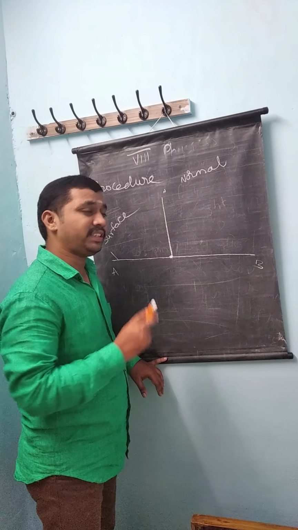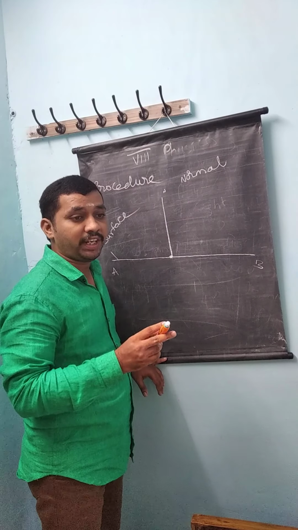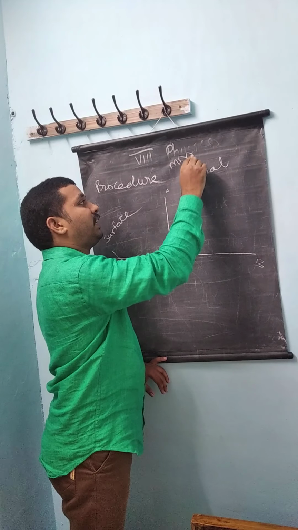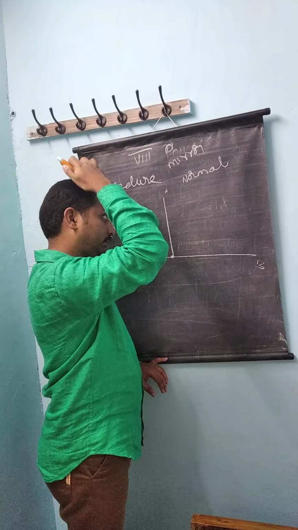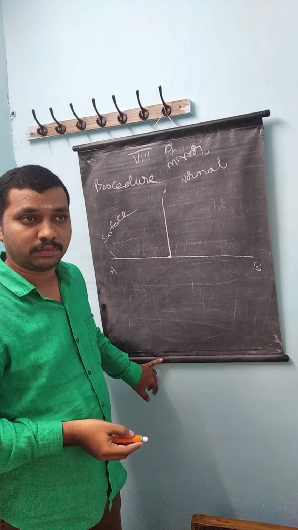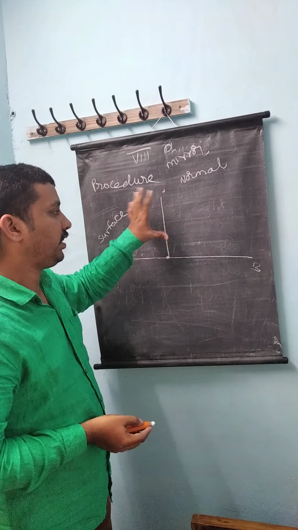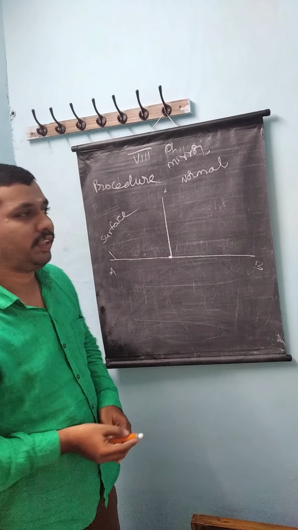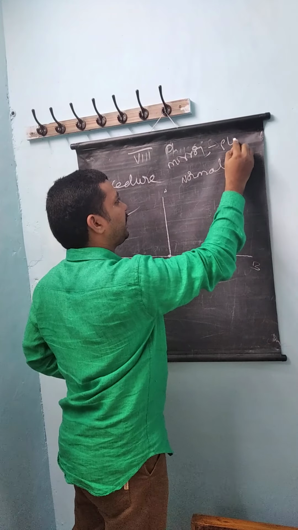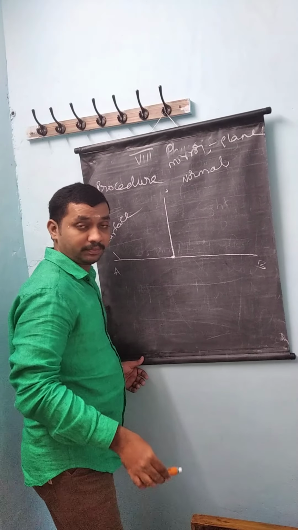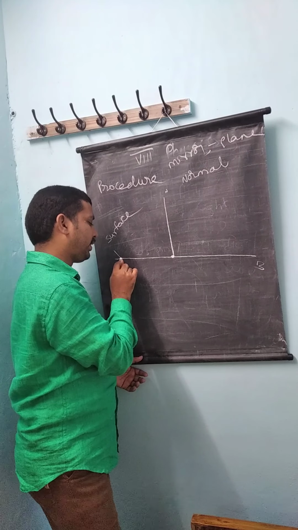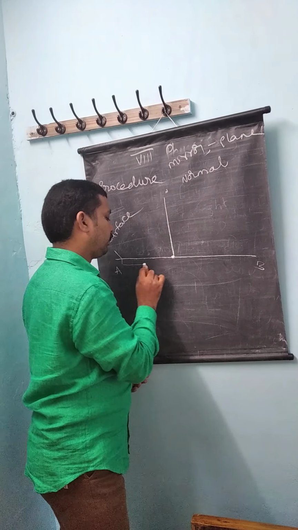We already said that for reflection we require opaque bodies, either a mirror or any other objects. So here we are verifying the reflection of light practically. We require one mirror, and it is exactly a plane mirror. Now we have to place that plane mirror on the surface AB.